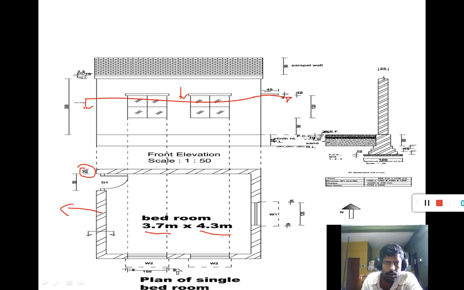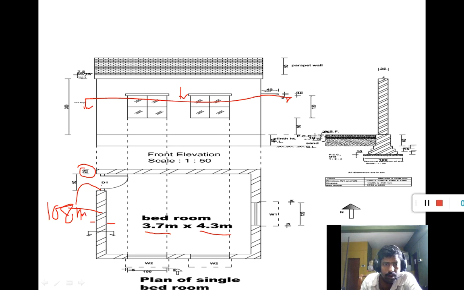When you are looking from the top, what you see is the thickness of the wall, then the size of the bedroom, then this is the window. Here a swing window is used. And this is the door frame. Door frame size is 100 mm.